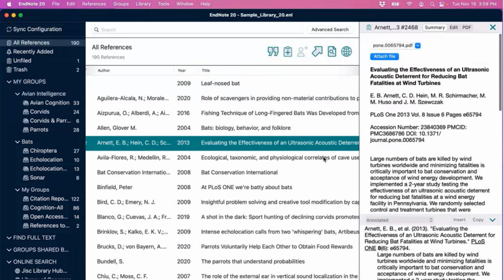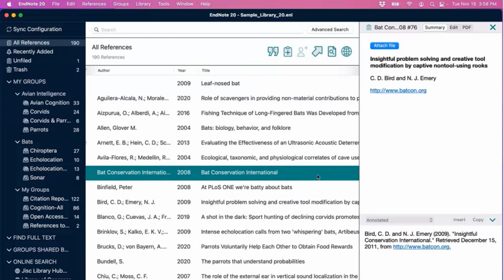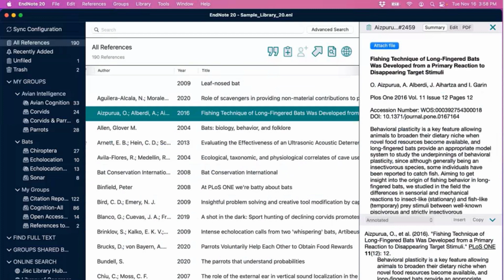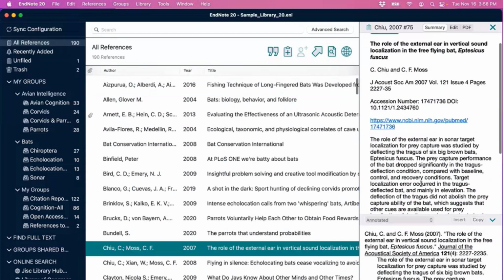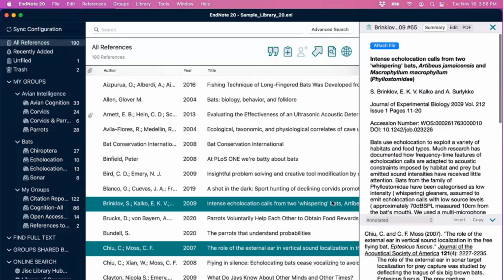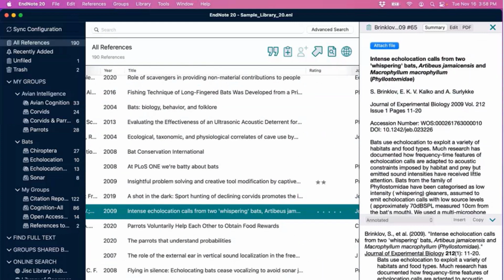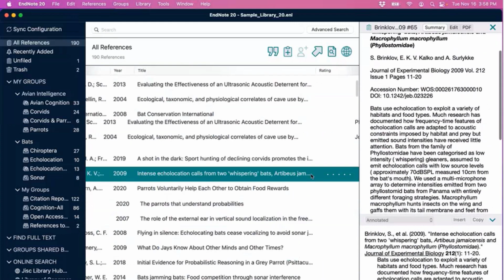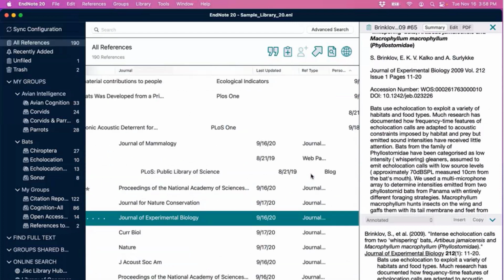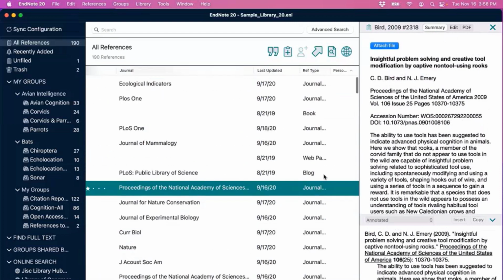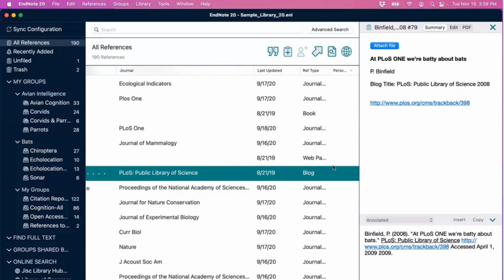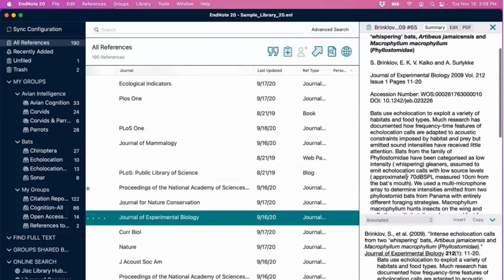So you might notice as I click around in the reference list panel that the summary tab updates to show the details for that particular reference. The type of reference it is will dictate the pieces of information that we see displayed. Not every type of reference material has the same vital details. So again, depending on whether it's a book or a journal article, that will dictate which pieces of information show here.